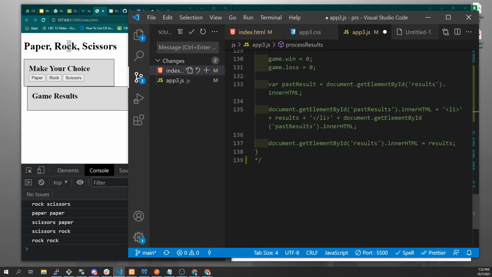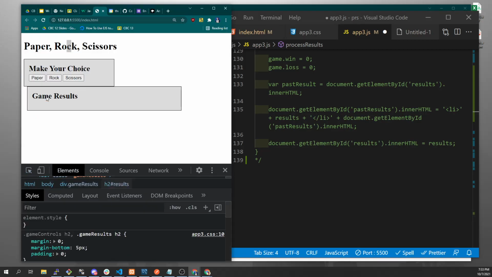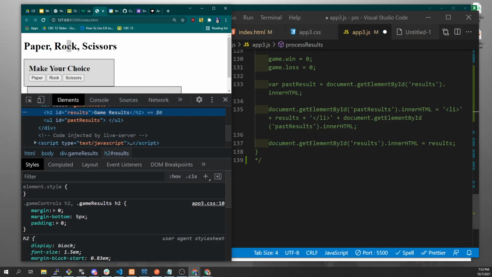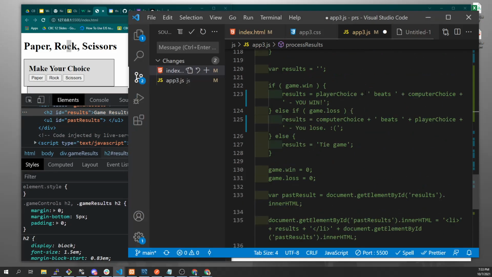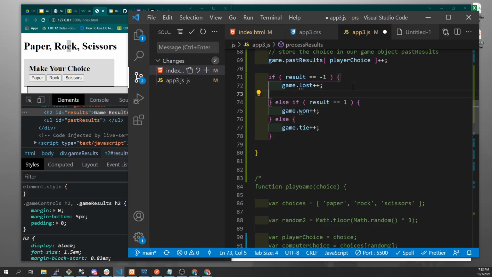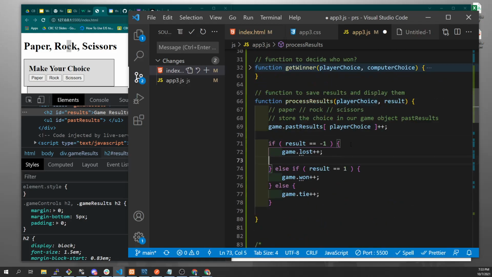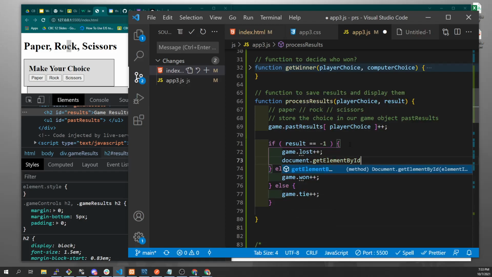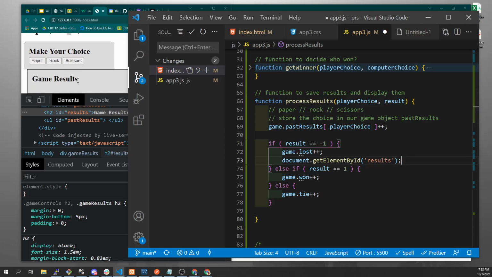Before, we had this element. Where was it at? Let's just inspect here. What is the name of our H2? It's H2 results. I'm going to teach you guys a little trick here. If I wanted to update this, document.getElementById results, that's this H2 that we have right here, this game results H2,